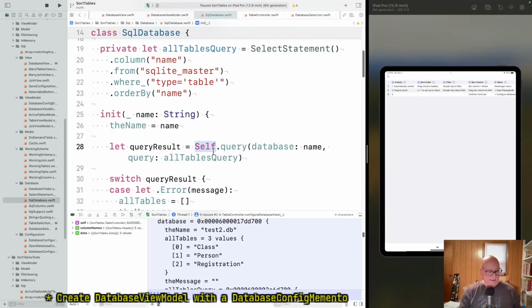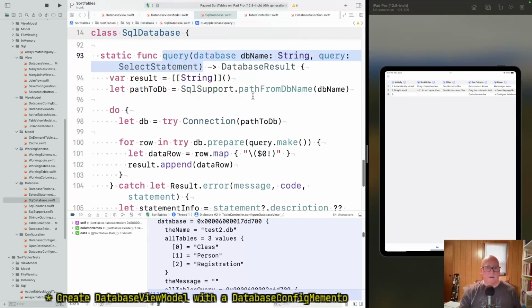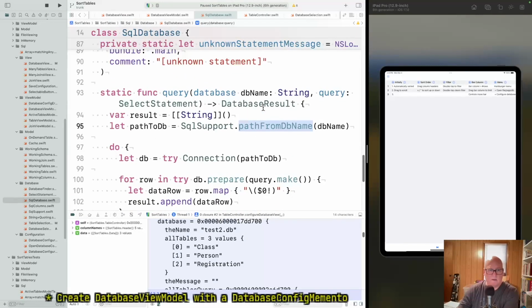Okay, database name. Let's make sure self.query. Yes, it works with that. So, right. So I think, well, I think the